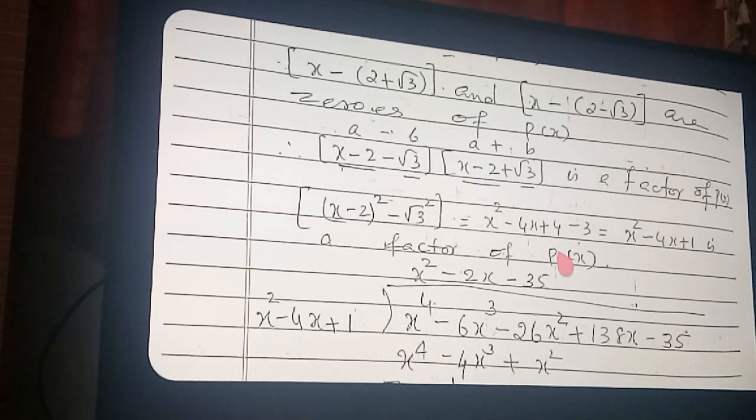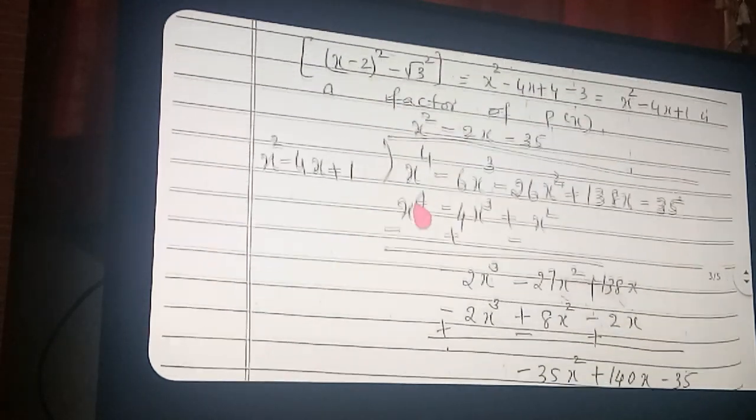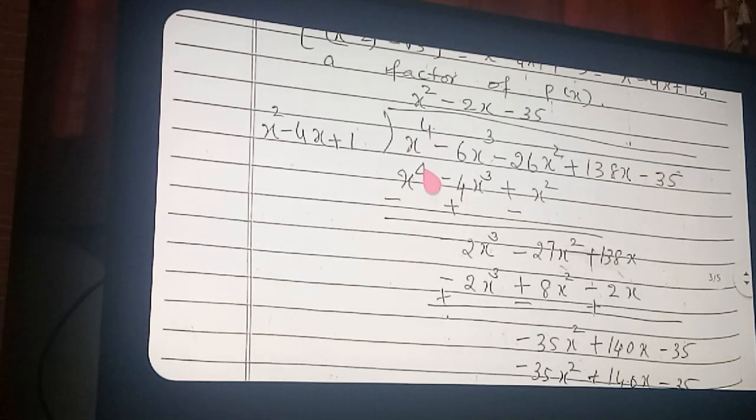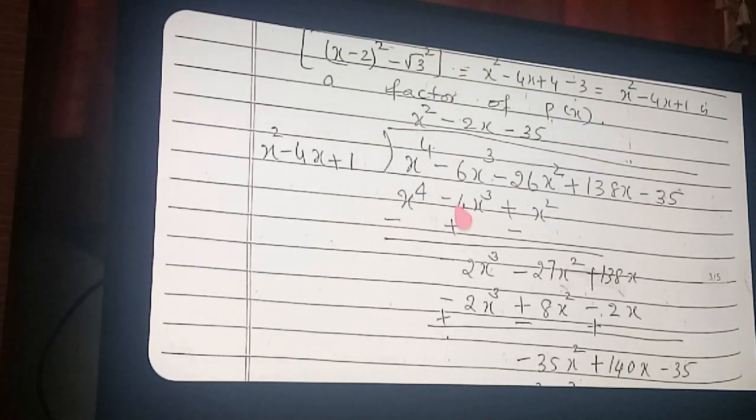As usual, your method is this one. This is the product of two factors. So this factor's zeros we already know. First we will remove this factor from the given polynomial, then we will find the other two factors. That is the method in any question of this type. Okay. Now we are going to divide. Division I am not going to explain, because I have explained and given several sums.